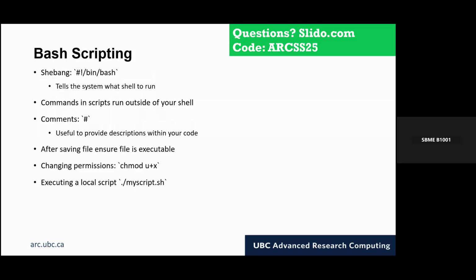So the last thing that we're going to go over is we've done all these commands. That's great when I want to type them into the command line. What if I want to write something that does all this for me? What if I just want to make a script? And what we can do in Bash is create a Bash script where it basically lists every command that I want to run, and then you just run that one file and it will do it for you. So what we're going to do is use Bash scripting to start it off. You tell it, I want to run a Bash file. So the very first thing you put in the file